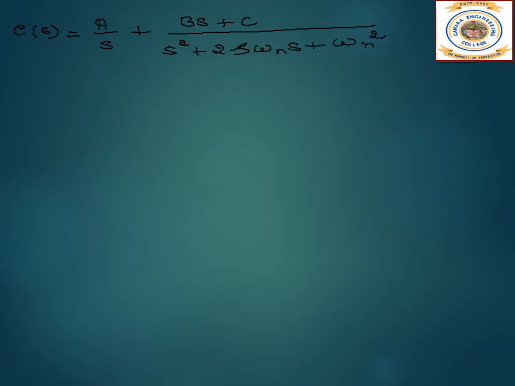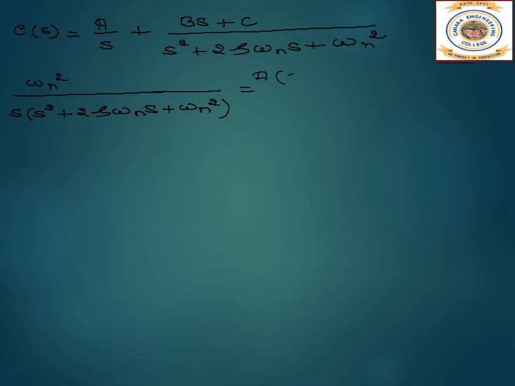On the left hand side, it is omega n square divided by s into (s square plus 2 zeta omega n s plus omega n square), which is equal to, now here it will be A